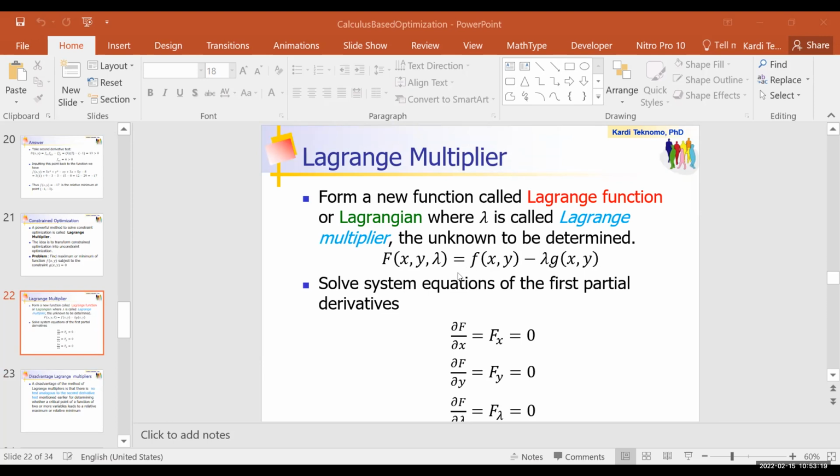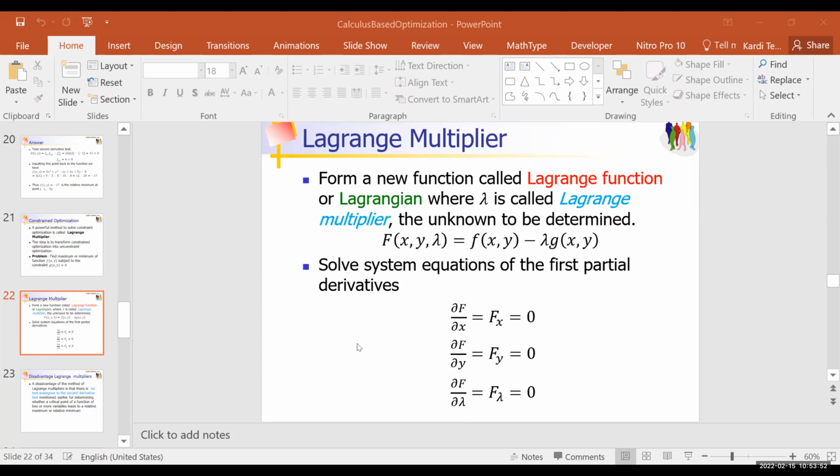So the way you form is like this. f(x, y), this is the objective function, minus the Lagrange multiplier multiplied by the constraint function, which is g(x, y). Then to solve this, you take the partial derivative with respect to x, the partial derivative with respect to y, and the partial derivative with respect to lambda, and all of this equal to 0, then you can solve the